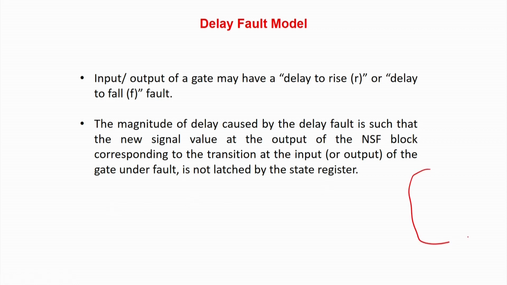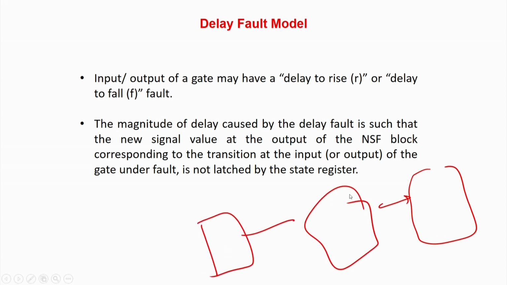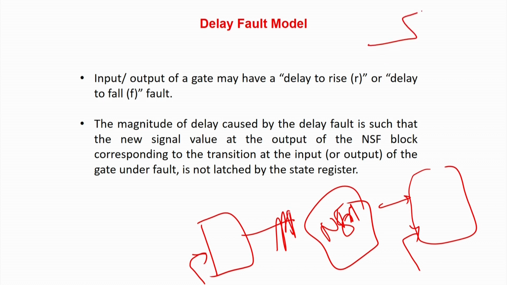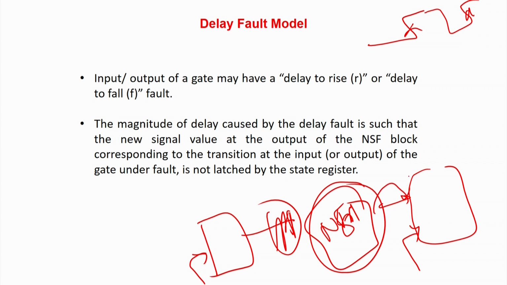That means what? Generally we have a flip flop here. We have a lot of combinational circuits over here, and we have another combinational circuit over here. The magnitude of the delay fault is such that the new signal, this is actually called the NSF, we may call it the next state function block, or some combinational block. So you apply some inputs over here. Then this is your clock, this is your clock. So some input patterns come at this clock edge. Then this NSF block, or the combinational cloud, will compute the values. But before the arrival of the next clock pulse, this data should be available over here before the setup time of the flip flop,